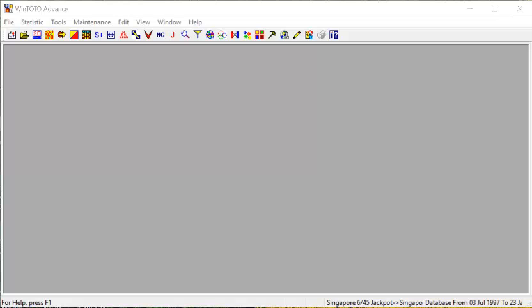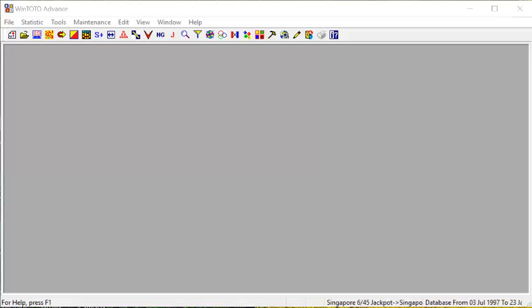So over here, you can see how far we have planned. And it was only upon the confirmation that yes, we could achieve these two criteria that we decided to launch Wintoto Advanced in the year 2004. In fact, from the moment we launched, we have never failed to continuously develop the software to make it better and better. And in the year 2006, we had one very special Toto polling known as the Hongbao Draw